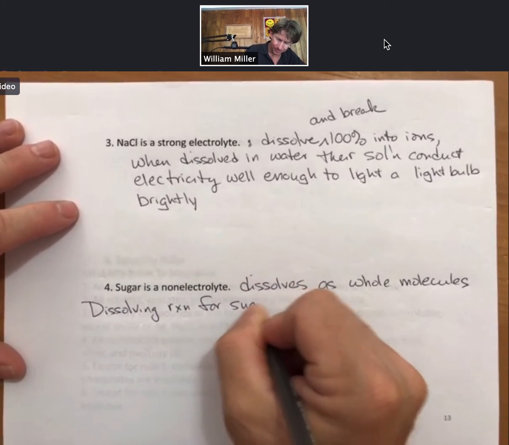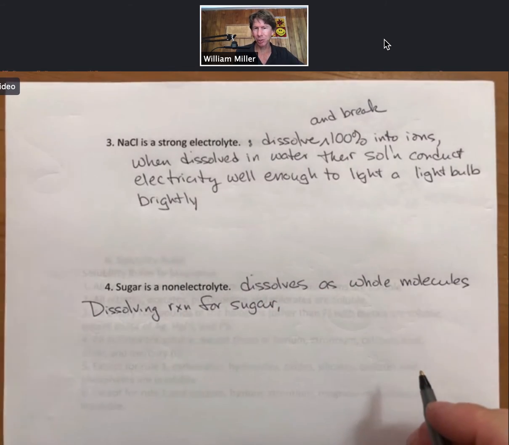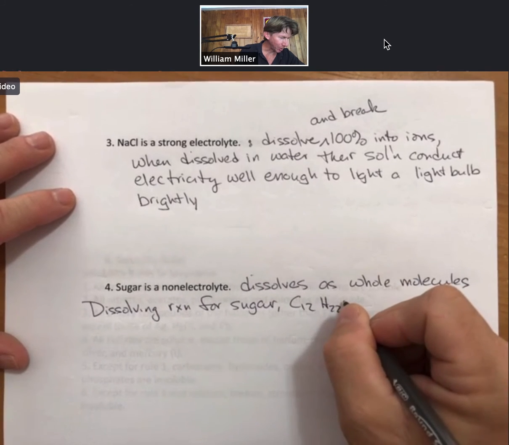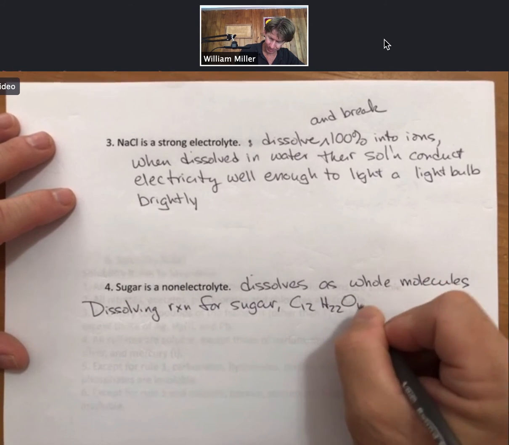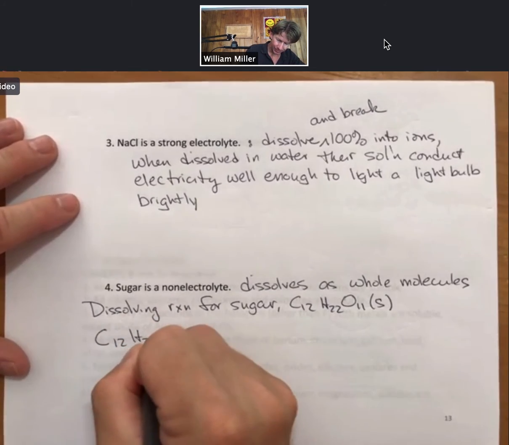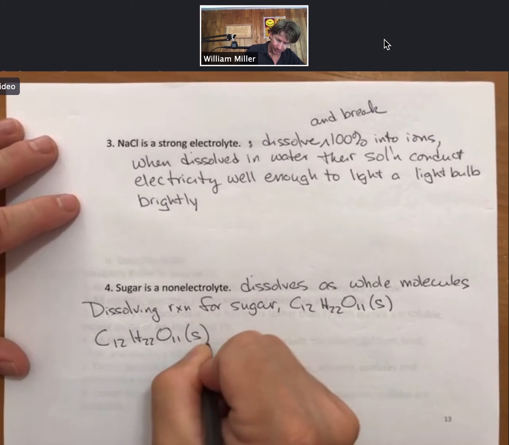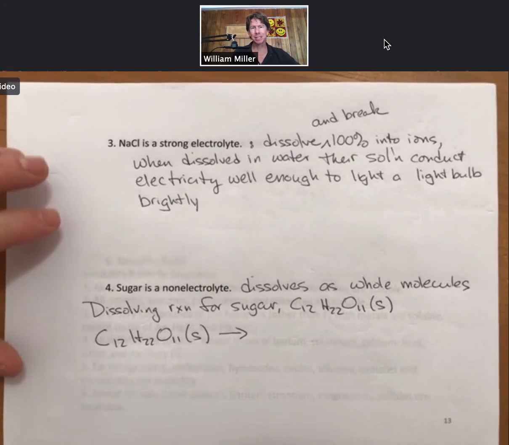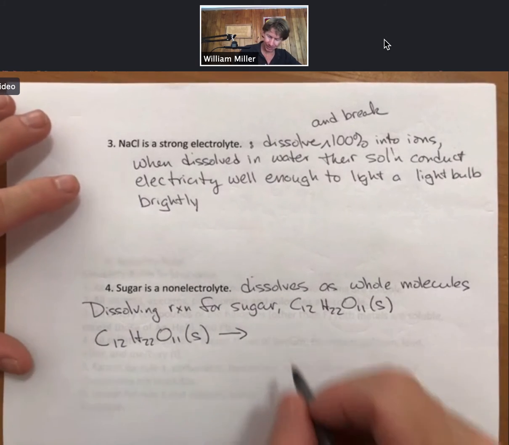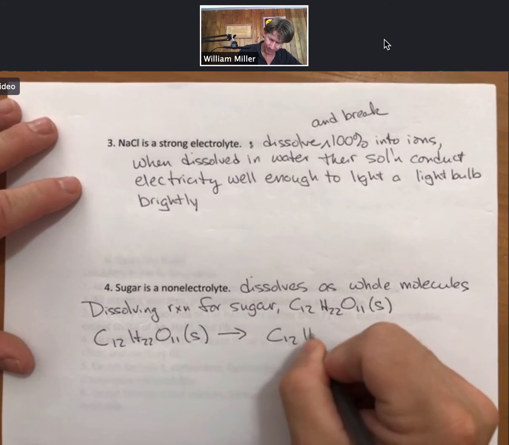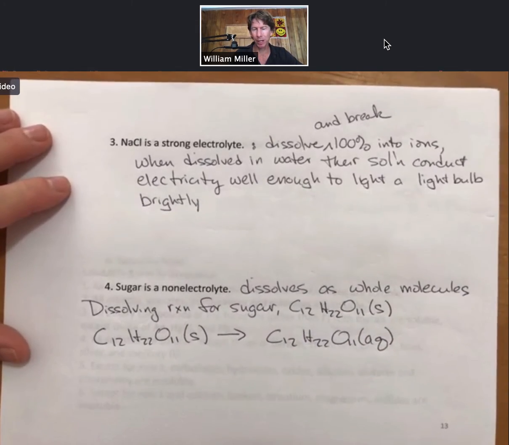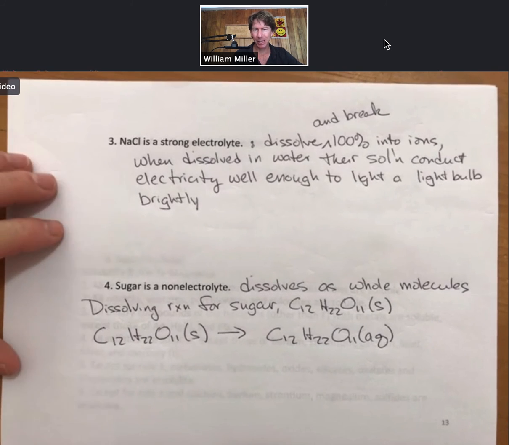for sugar, and there are many sugars, but let's go with table sugar, C12H22O11. It would have the solid phase as a reactant, and on the product side, it would have an aqueous species, but the aqueous species is just whole molecules. So yes, it dissolves, yes, it becomes aqueous,